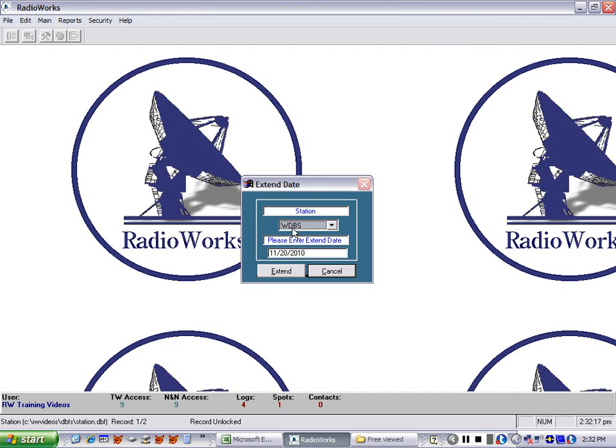In this case, we're looking at WDBS. That's the default station, and it's going to suggest a year from now. Well, that'll take a little while, and for the purpose of our lesson, we know everything except the one program we did is set to go to the 3rd of July. So what we're going to do is we're going to change this